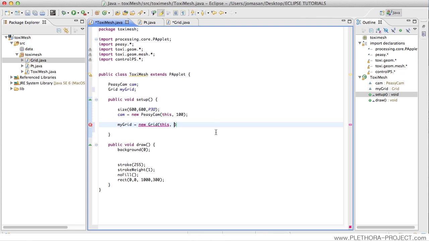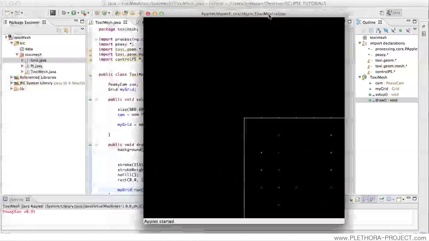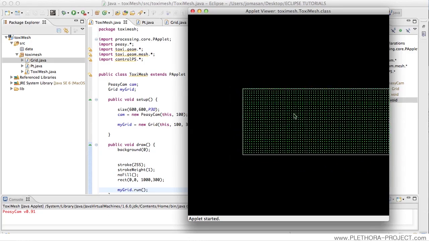So here we say columns. We will say something like maybe 100 columns times 30 rows, and they will have a distance of 10 and 10, like the spacing between points, right? And now we can say my grid dot run. Let's see if this is running. And it seems it is, right? So we have the grid here,